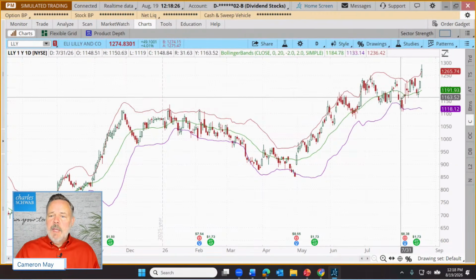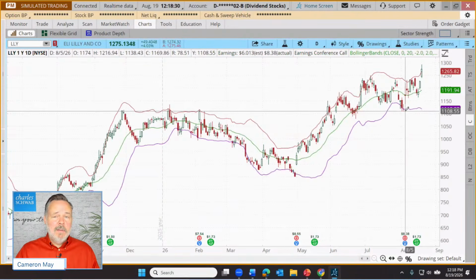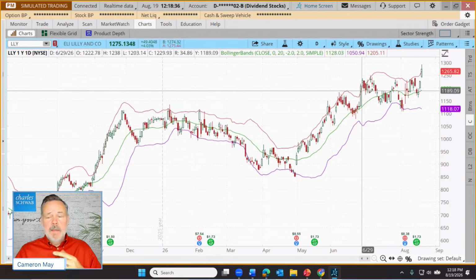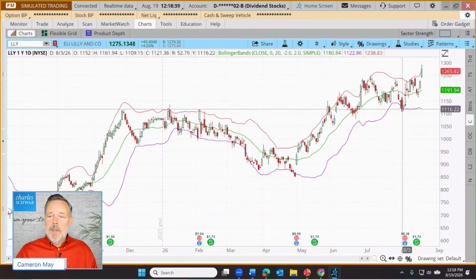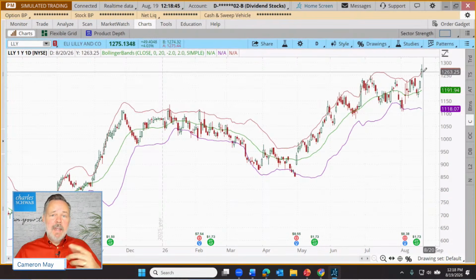So if price reaches that lower band, what it's basically saying is, this only gets down here about 2.5% of the time. There's 5% of the time where we're trading outside of this band. So only 2.5% of the time are we below the lower band, 2.5% of the time above the upper band. So those might be defined as extreme highs or lows, and a trader might trade on that information. So if we've reached an extreme low, maybe they buy. If we reach an extreme high, maybe they sell.